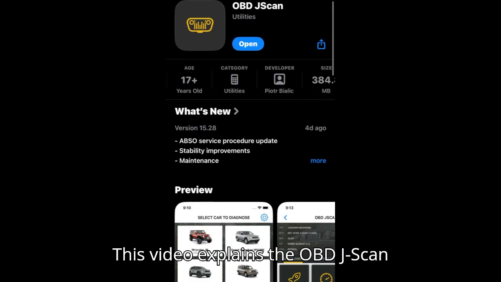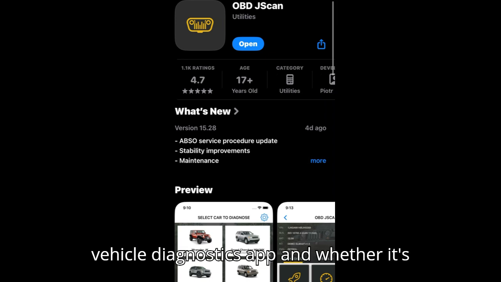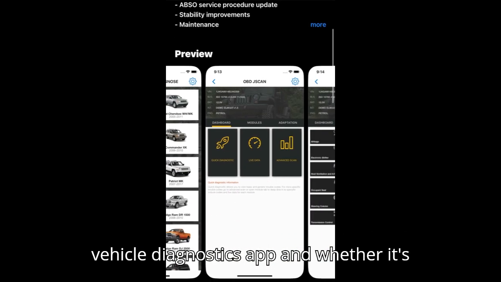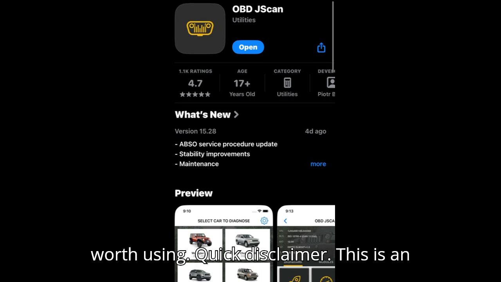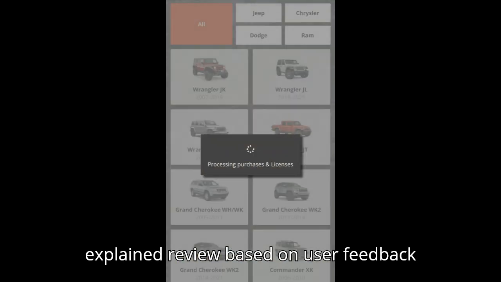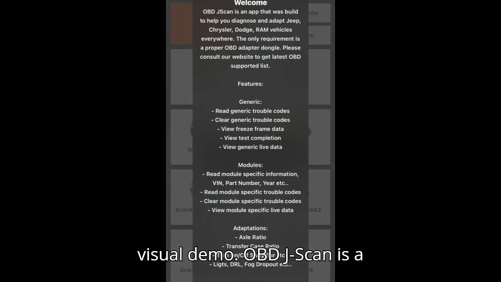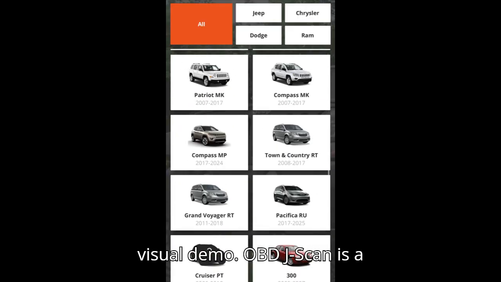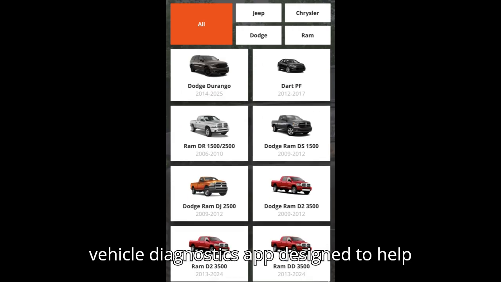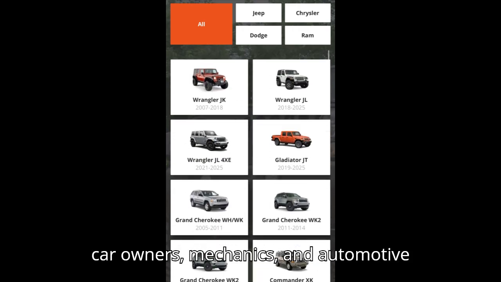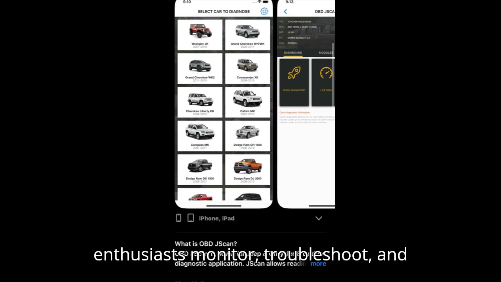This video explains the OBD JScan Vehicle Diagnostics app and whether it's worth using. Quick disclaimer. This is an explained review based on user feedback and online data, not personal use or a visual demo. OBD JScan is a vehicle diagnostics app designed to help car owners, mechanics, and automotive enthusiasts monitor, troubleshoot, and